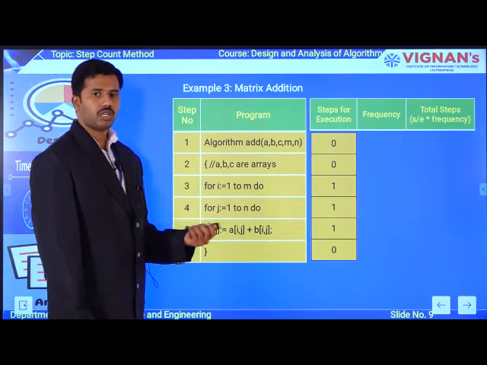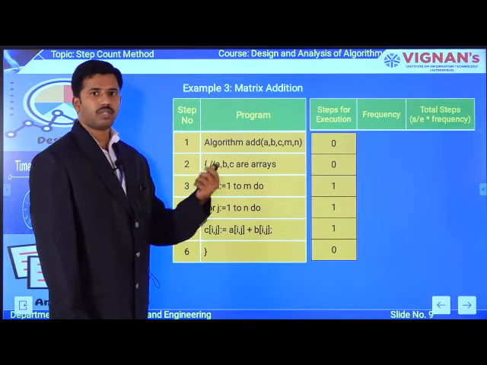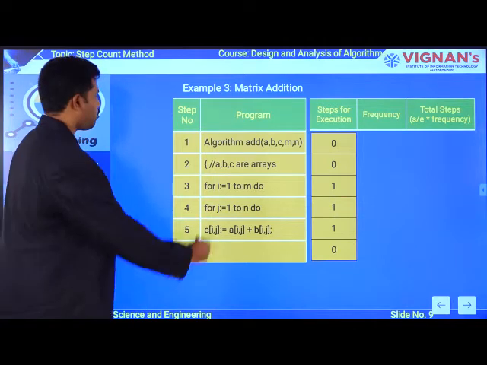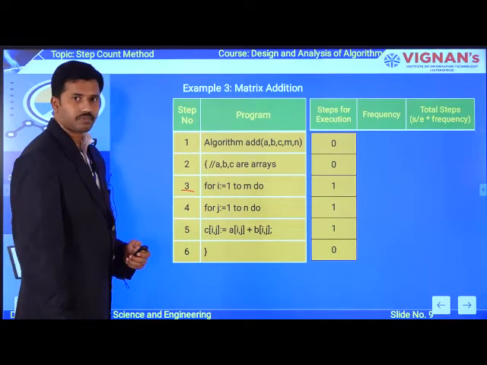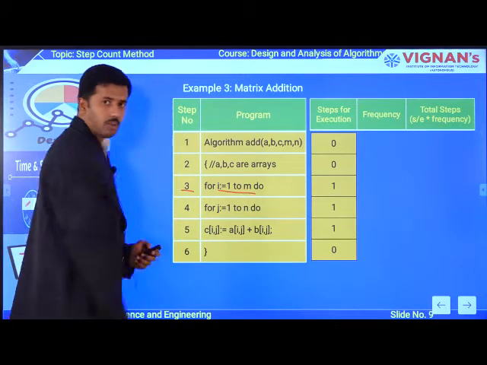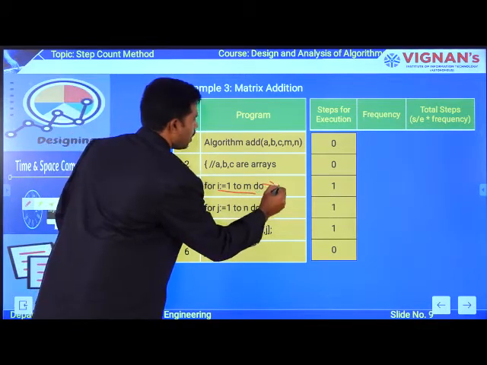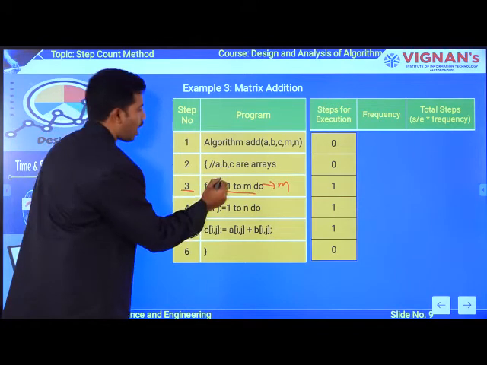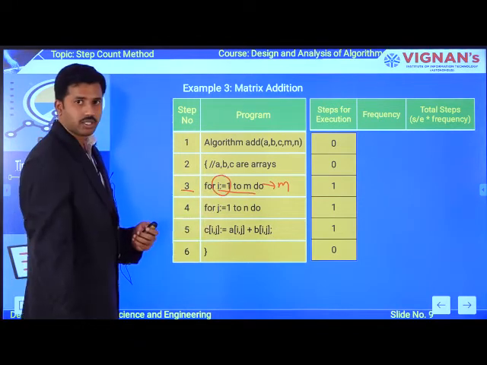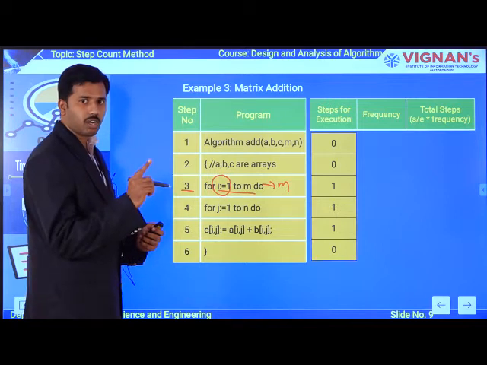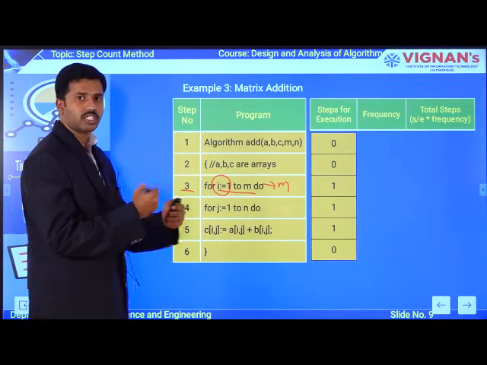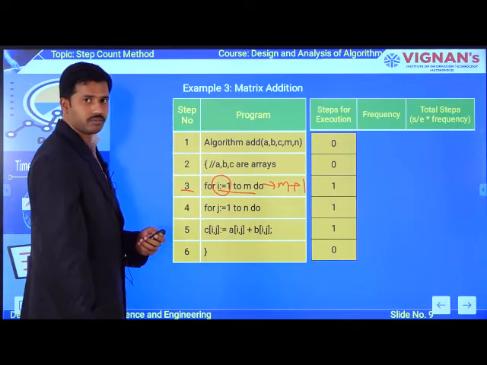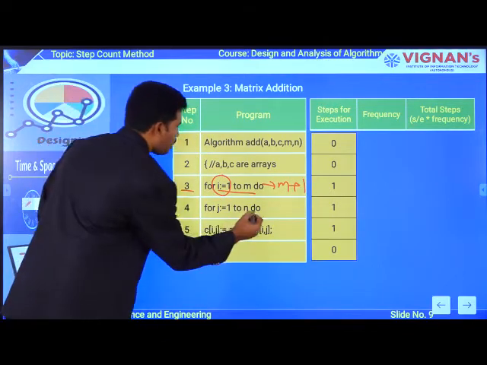Now we try to focus on how to update the second parameter, which is frequency. Now can you tell me what is the frequency for the third instruction? How many number of times is this for loop executing? M number of times. Along with this, inside this for loop, you are having one assignment operation, right? So one time you are doing an assignment operation, and m number of times you are executing this for loop. So together the frequency is m plus 1. Okay. Now coming to the fourth instruction.